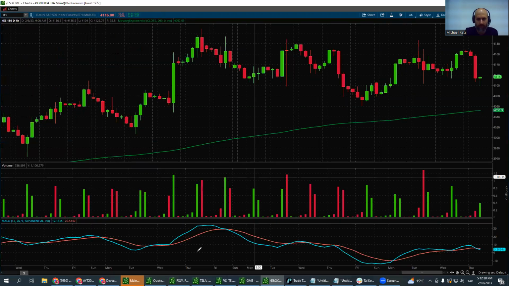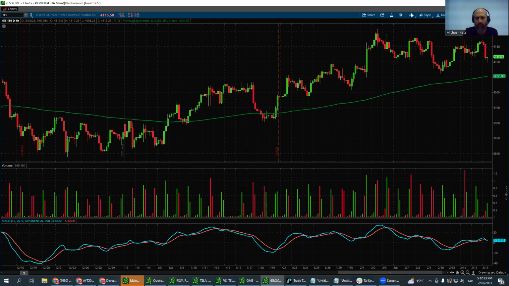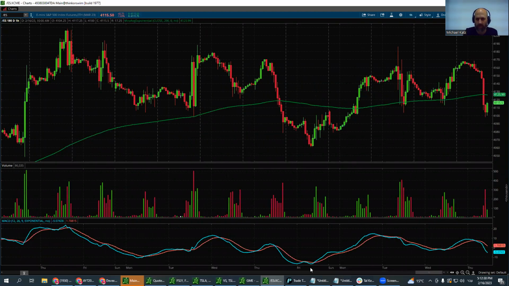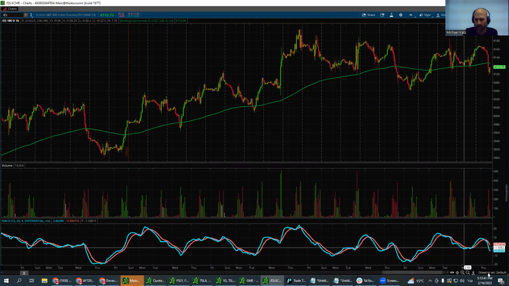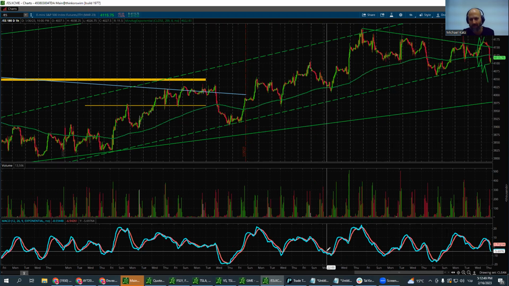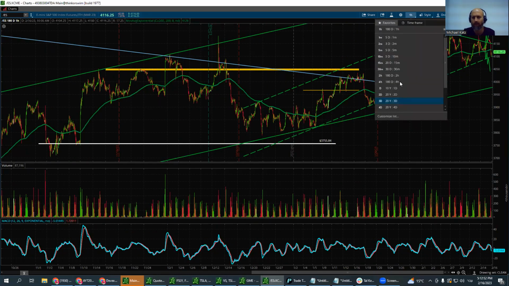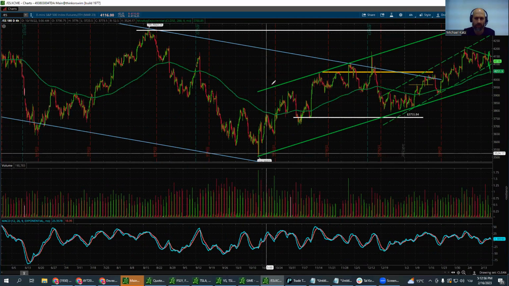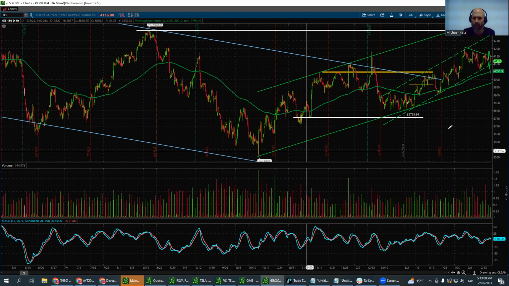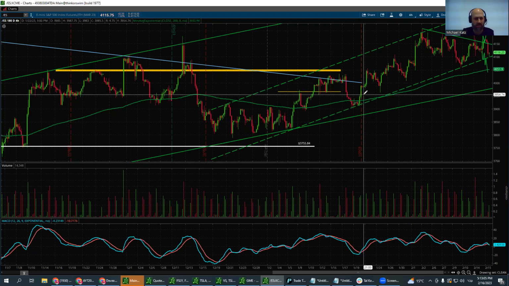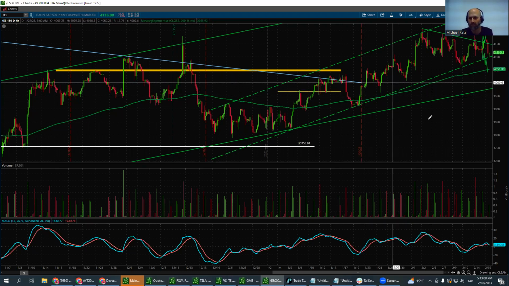The S&P looking pretty much the same, but not as volatile as you can expect comparing to the NASDAQ. Same thing here. Let me see if I have it here. Yeah, so we have the channel. We actually have two channels in the S&P. Let me take the 4-hour chart. Okay, so we have a wider channel that we are moving in, or the other one, the dashes that you see here, that's pretty much the same as the NASDAQ, the one that we just saw.